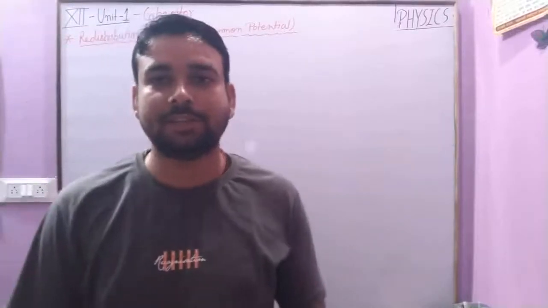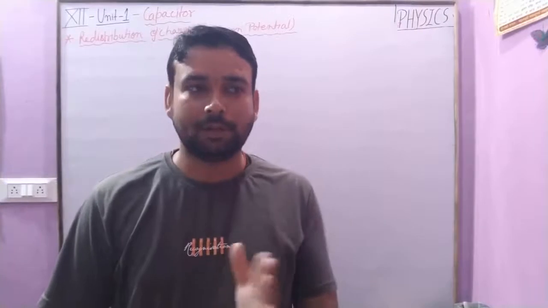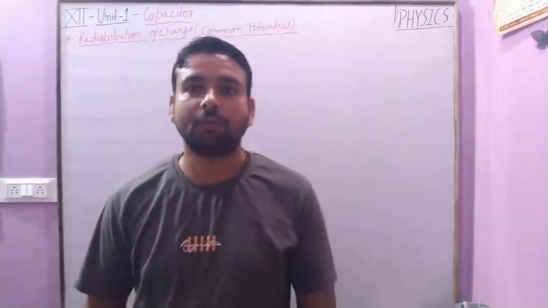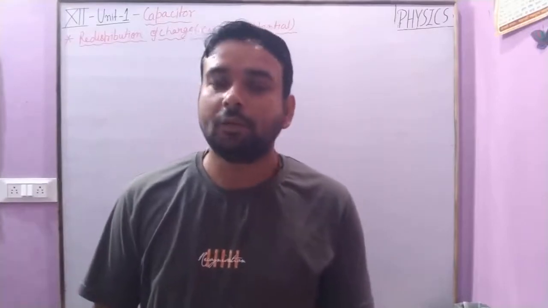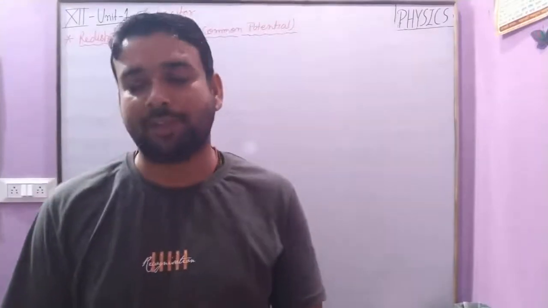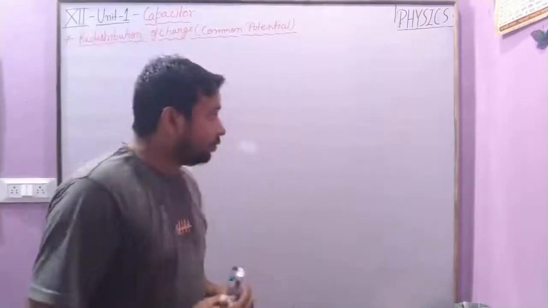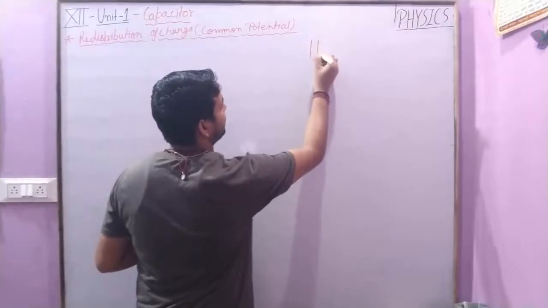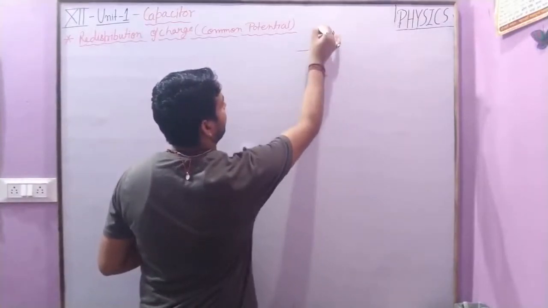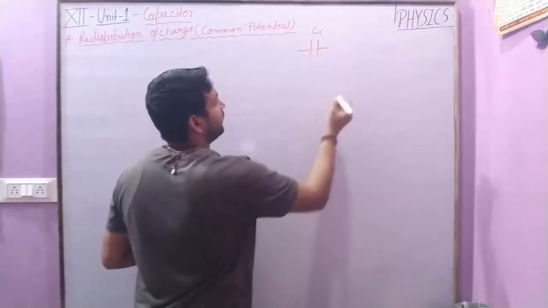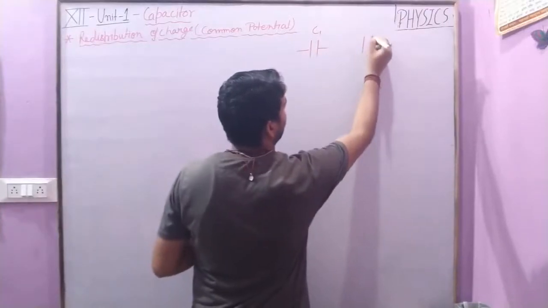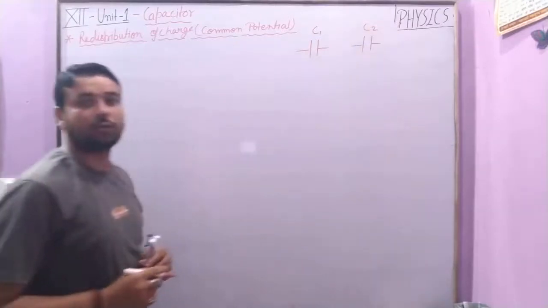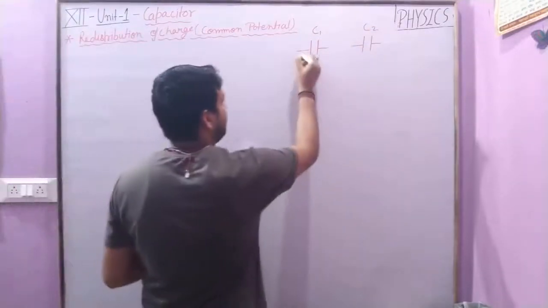Students, in this lecture we will continue with the capacitor and understand the redistribution of charge, which means the common potential topic. Okay, so suppose we have two capacitors. One is of capacitance C1 and another is of capacitance C2. Let them be initially charged with